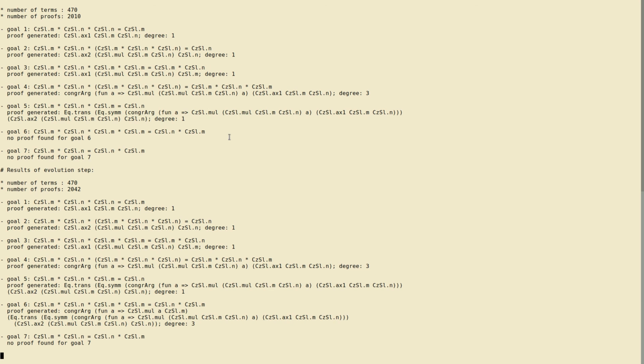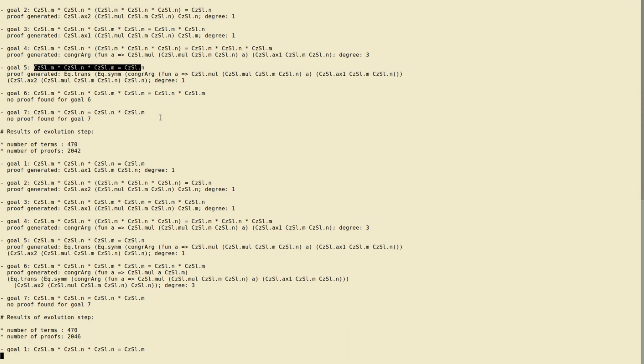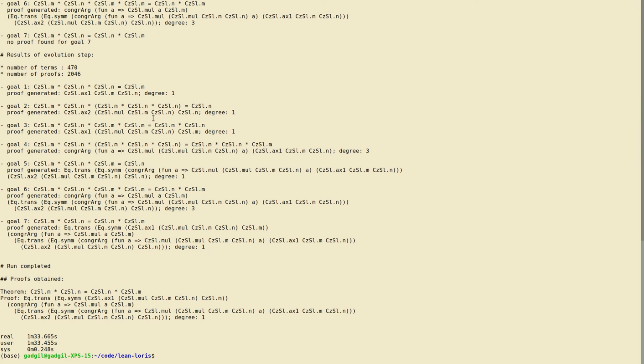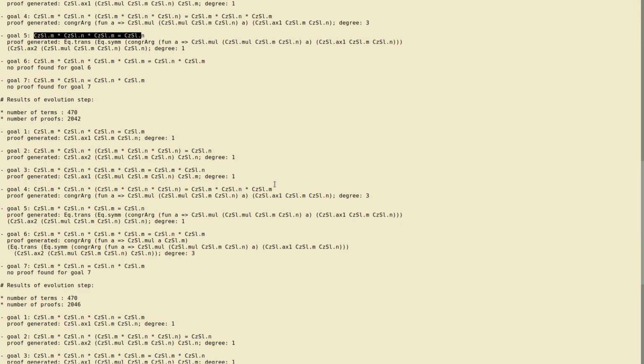The second step took a while. This involves processing equalities by symmetry and transitivity. It generated the 5th lemma, and the key point is it noticed the statement was simple and gave it a degree of 1. Okay, and so well, now it has finished running it, but we will anyway look through the next 2 stages.